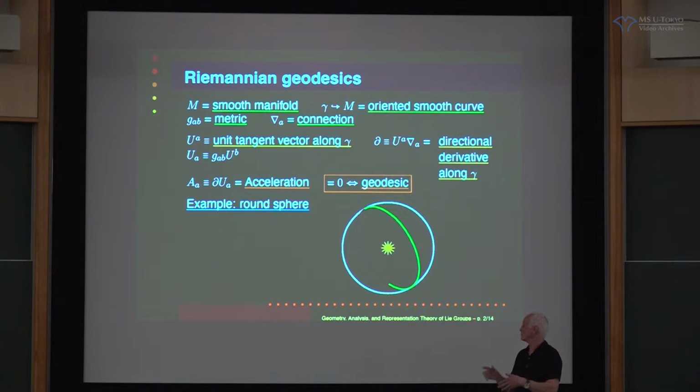I should point out right away that when you're talking about geodesics like this, as I've defined them, they come equipped with a parameterization because I've got a metric. I can talk about the arc length along this curve. But for this talk, we won't be too much concerned about how long it takes to get around this sphere or anything like that. We're just concerned about where geodesics actually go.